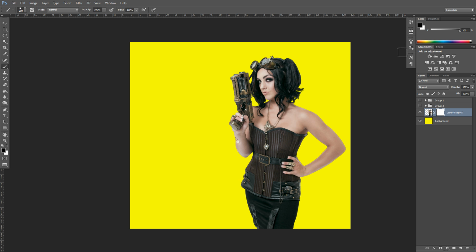Making sure that we're working on the masking layer and the foreground color is set to black, we're going to change our brush size down, and we can just click randomly along our person like this. You want to vary the brush size every time, so we're creating lots of little squares like this, and as I said, keep bringing the brush size down